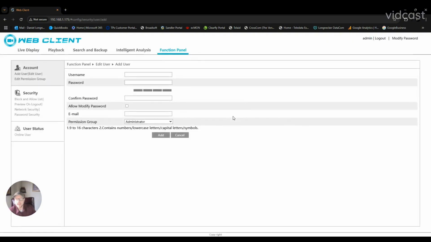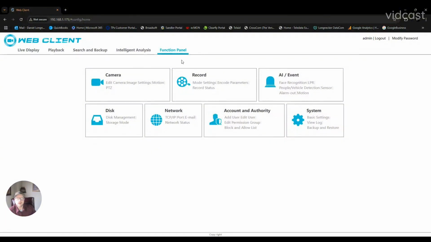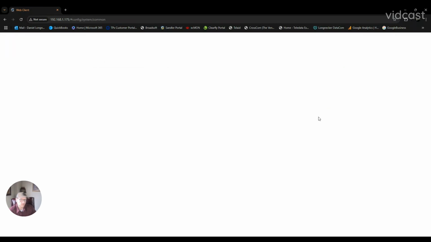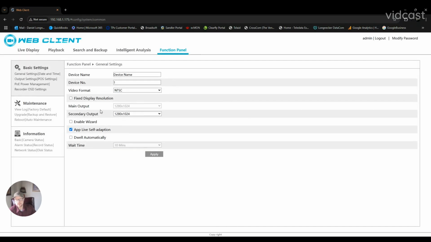This is where we could add users. Like I said, if you're the admin, you can create other users and passwords for them to log in. You could give them any permissions that you want. If you just want a receptionist to be able to watch the front door camera so she knows when someone's coming in, you could set that up. They don't have to have full access, but again, I'll go into a later video in more depth with all of these different settings. So you can add different groups, different users, get to our basic settings, change the time,